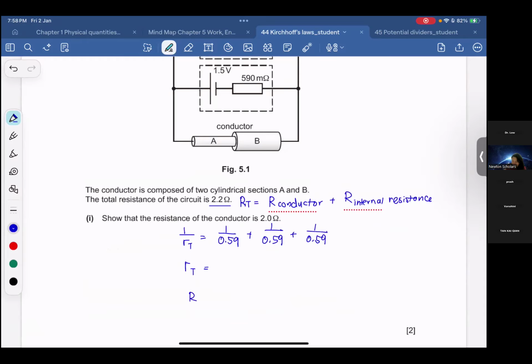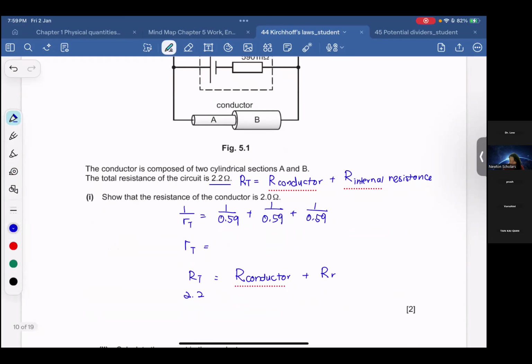Then after that, total resistance 2.2 equals the resistance across the conductor plus the internal resistance. I'm using the symbol small r to show the internal resistance. So this one we want to know, the conductor resistance plus internal resistance. Okay, so if you do it correctly, the total internal resistance should be